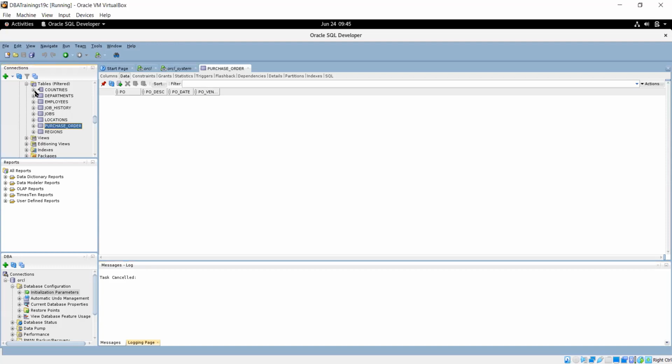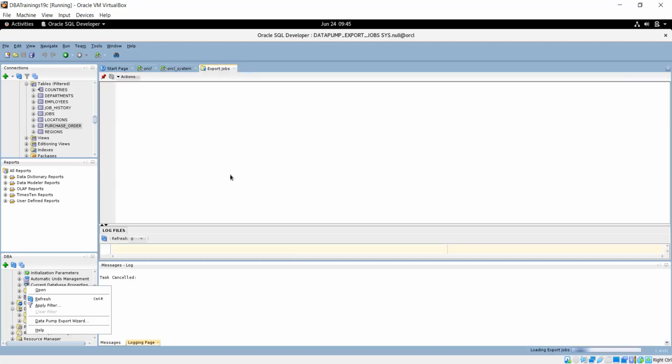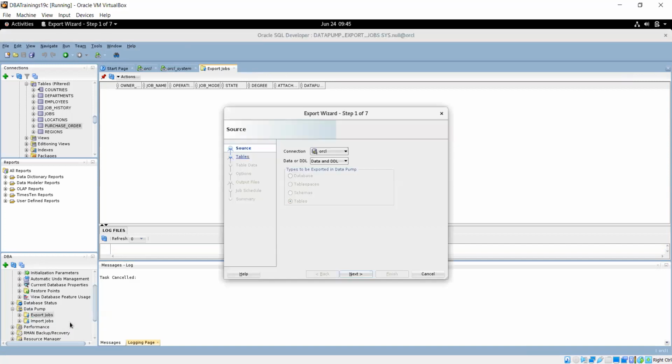Suppose as a DBA you want to use Data Pump to export the job, so these can all be possible. Right click, and the export wizard will open. So make sure whenever you are doing this, let's call the wizard, and then we can choose what you want to export.